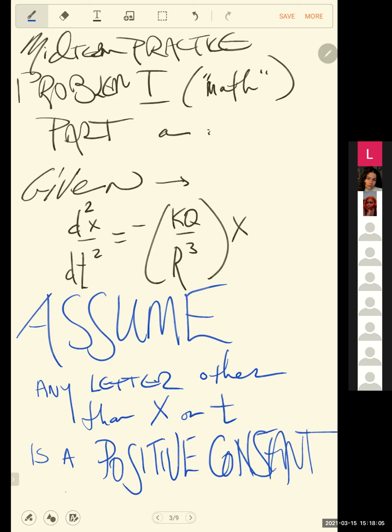Okay, that's point number one. Furthermore, assume that t is an independent variable and x is a dependent variable. That's the main thing to assume. Okay, now then,